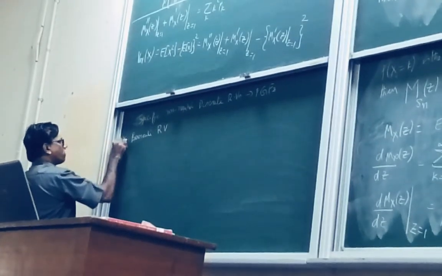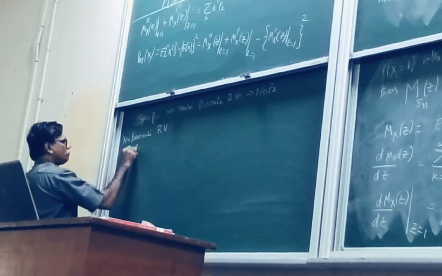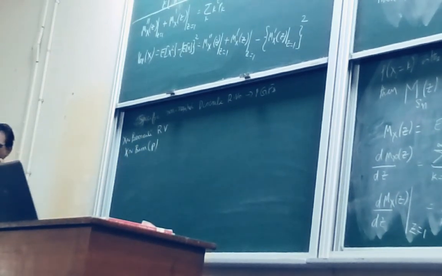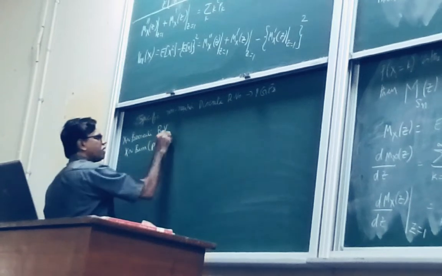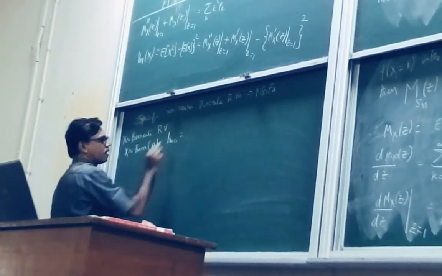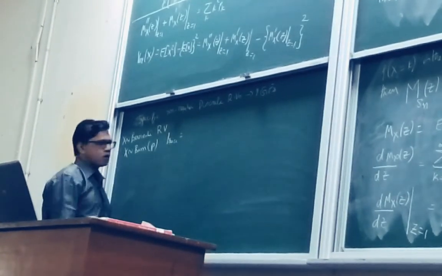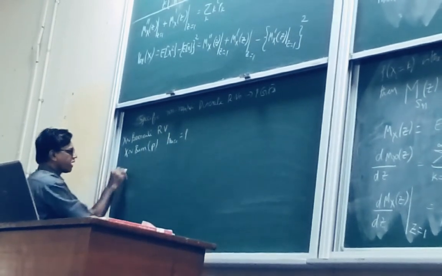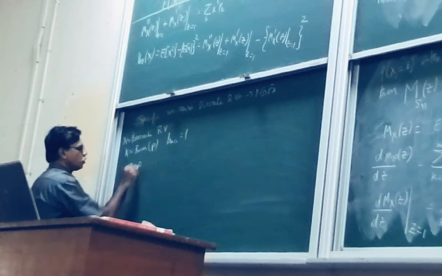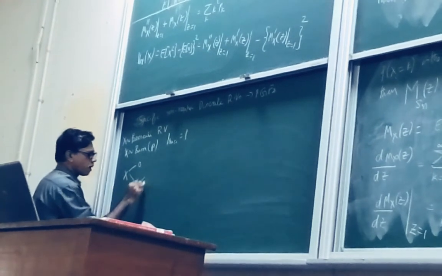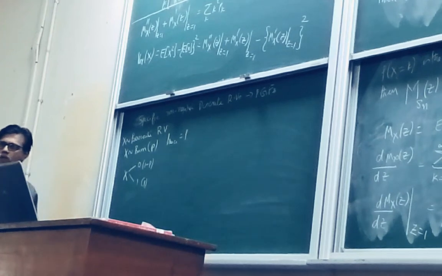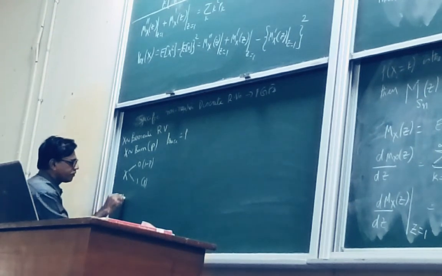So x is Bernoulli with parameter p, meaning the probability of success of a Bernoulli experiment, like coin tossing, is p. So x can take two values, 0 or 1, 1 with probability p, 0 with probability 1 minus p, and its PGF